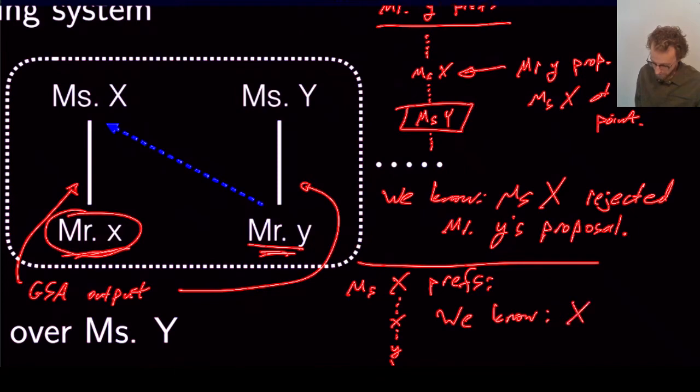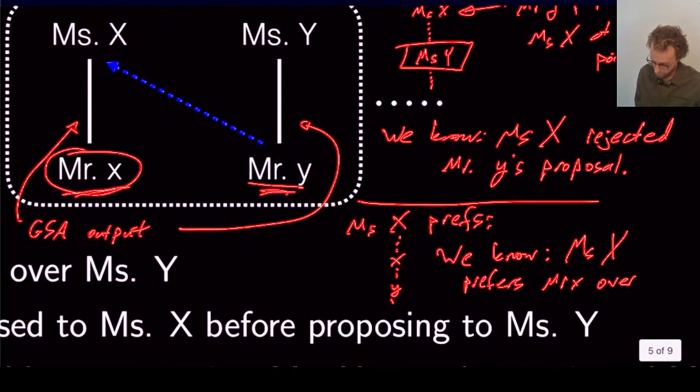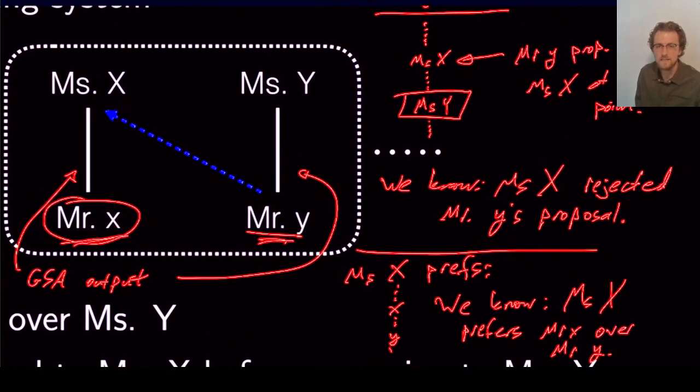Okay. So we know that Ms. X, I should write Ms. just to be precise, Ms. X prefers Mr. X over Mr. Y. Okay. So what does that tell us? Well, it tells us that Mr. Y can't get out of his match, right? Mr. Y is not going to be able to convince Ms. X to join him, which means that if you want to kind of narrow stability down to just these four,